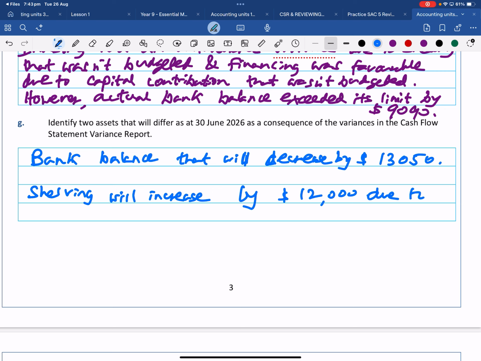Due to purchase, and then this one, the bank balance, will decrease by 10,000 due to